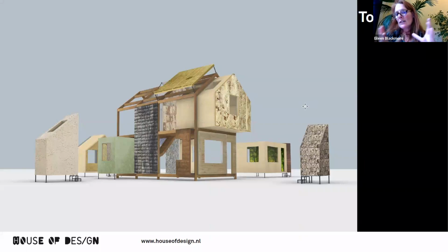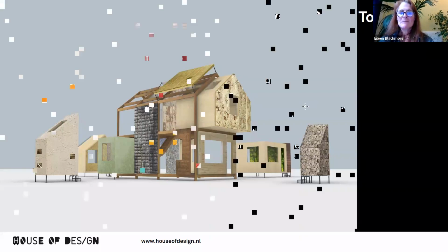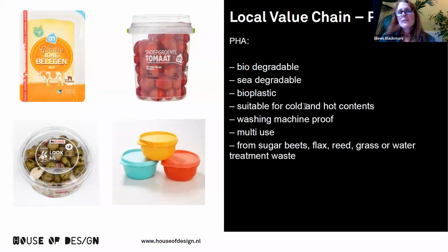And they asked us, how can we create from the Wadden Sea area to the North Sea region? And then perhaps finally, we also go to your seas, see what we can do in Turkey also. That would be great. The other material that we use is the PHA, which is biodegradable and a bio-based plastic,